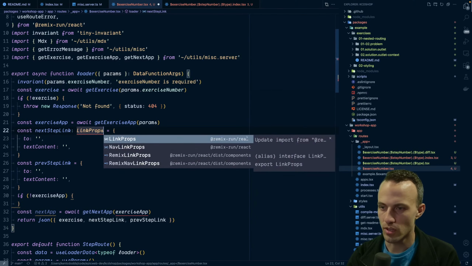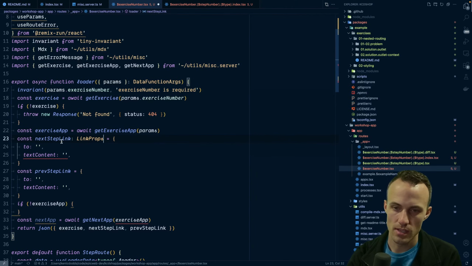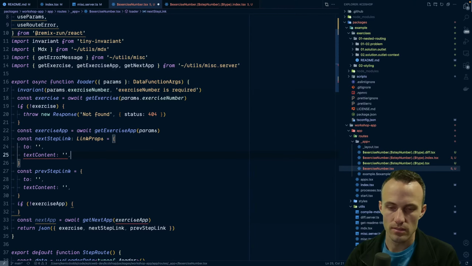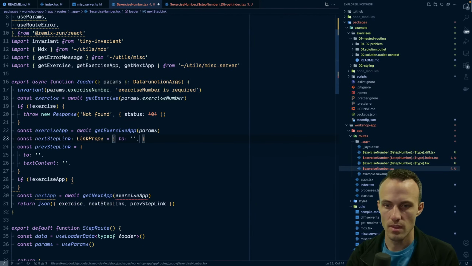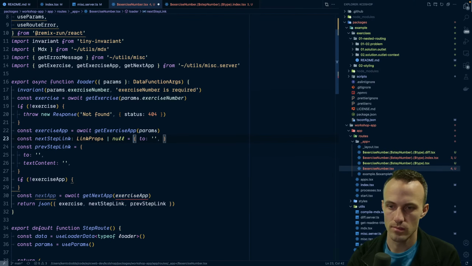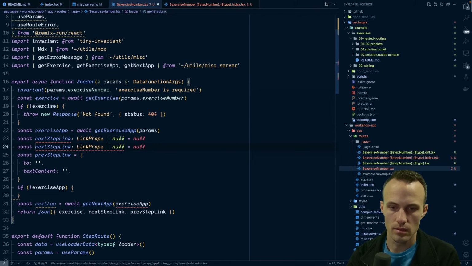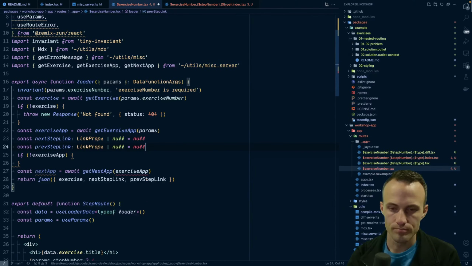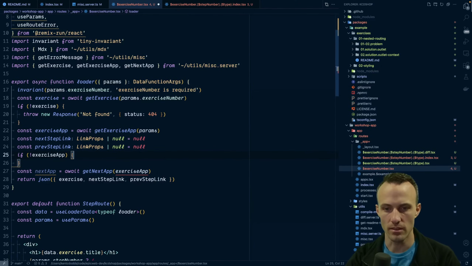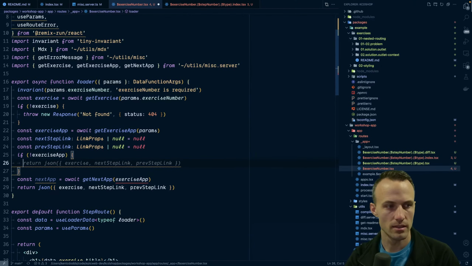Link props we can pull straight from Remix Run React. Okay, then